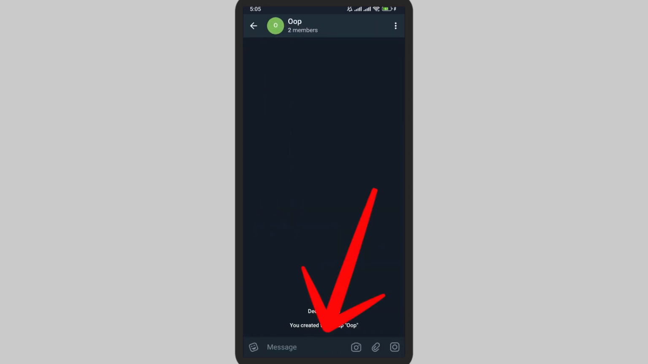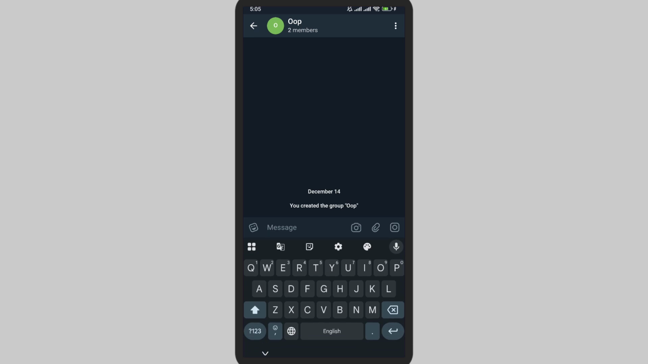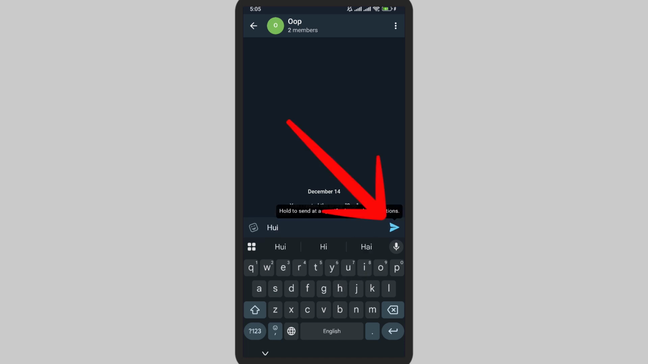Here on the bottom, you can see this message section. So basically this is the message section. Here you can enter the message and directly send it to the person. So it works like a regular messaging app. Here you can even attach different files, and at last you can simply send it